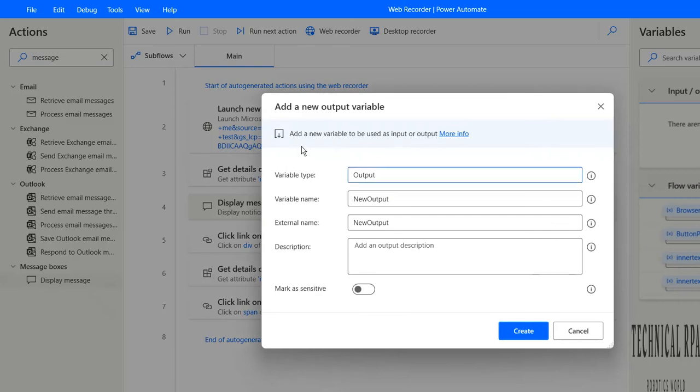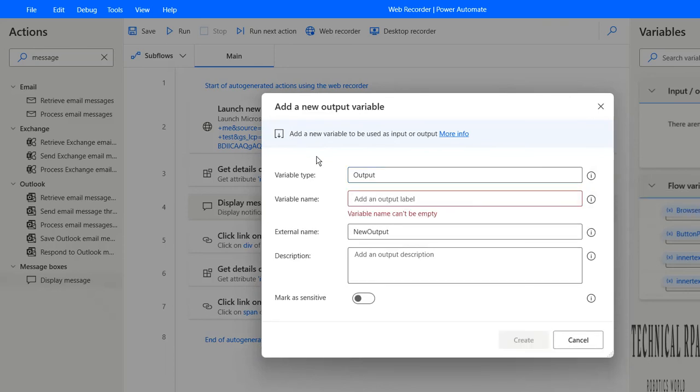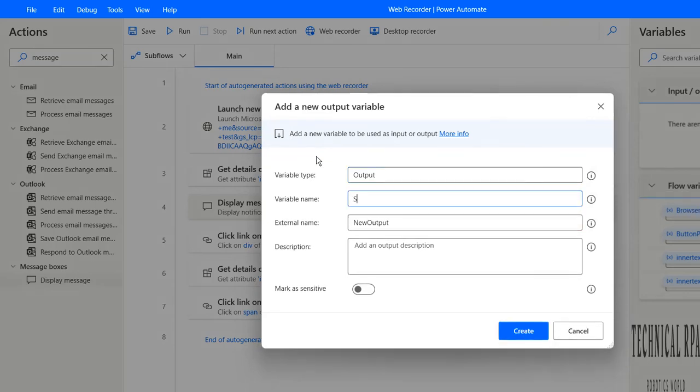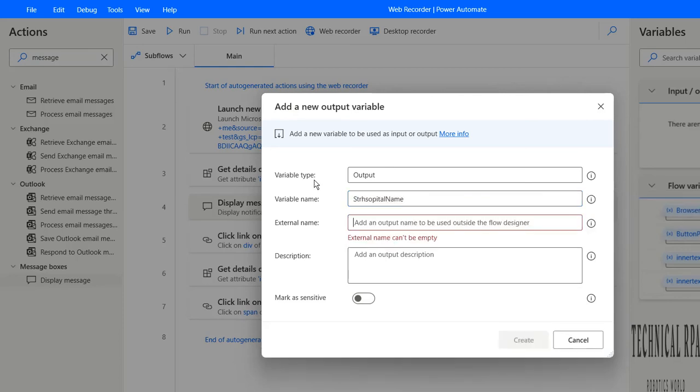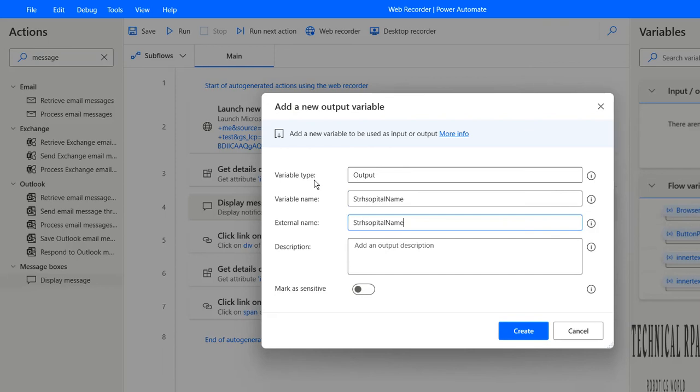The variable type is output, you cannot change it, and the variable name is strHospitalName. I would keep the external name the same as well.